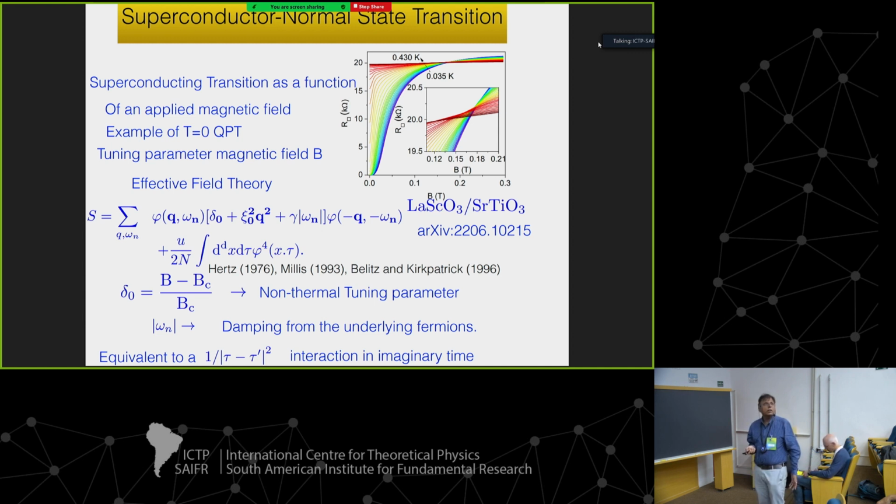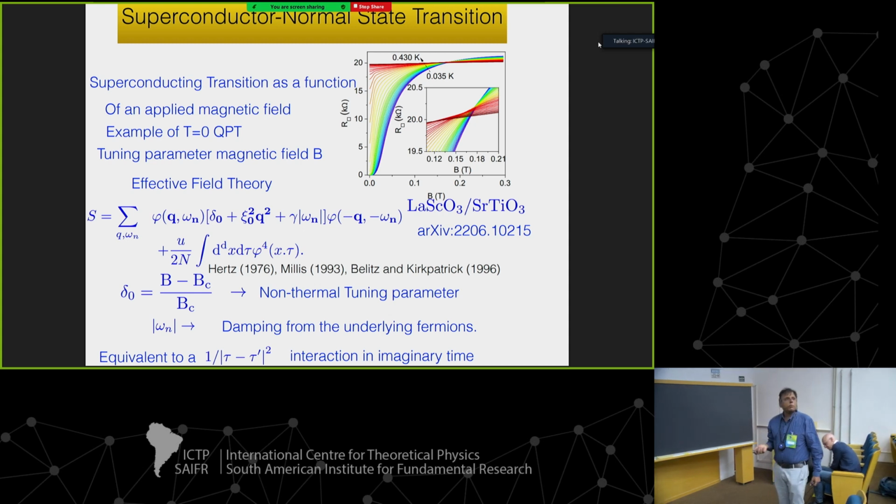Yeah, yeah. So there are vortices, and there's this movement of the vortices and things like that. But I'm interested more in the critical behavior that comes out of this transition. Okay. I will speak a bit more about the inset in a few slides from now. So let's go on.